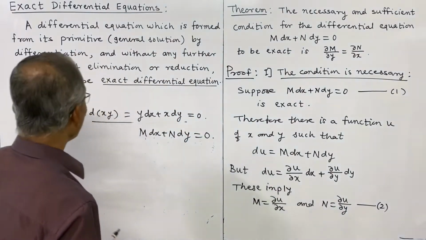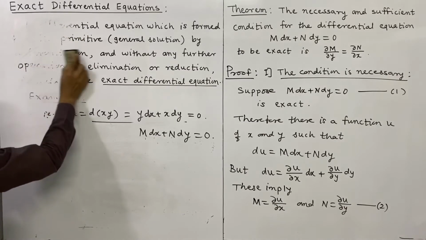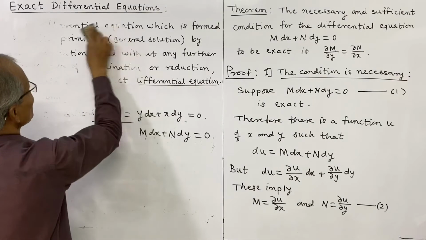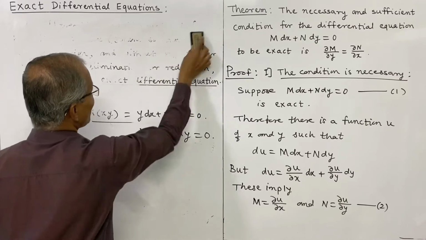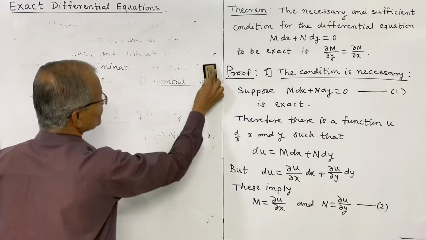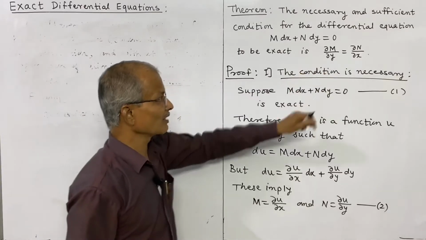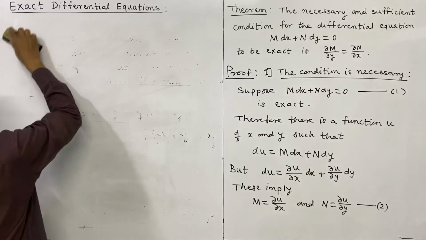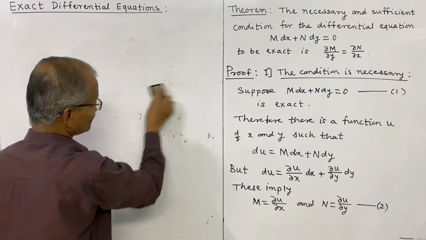of m and n, and for that purpose we will differentiate m partially with respect to y, and we differentiate n partially with respect to x. So that can be considered from the given condition. Therefore ∂m/∂y, the partial derivative of m with respect to y,